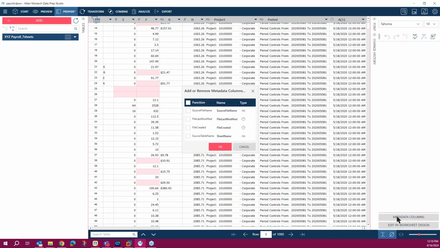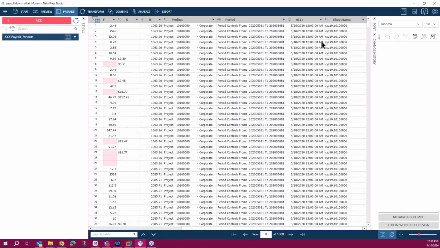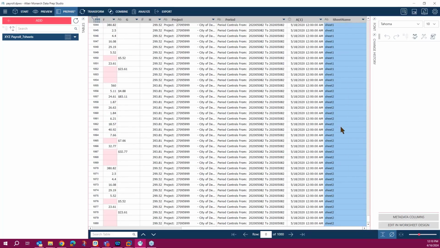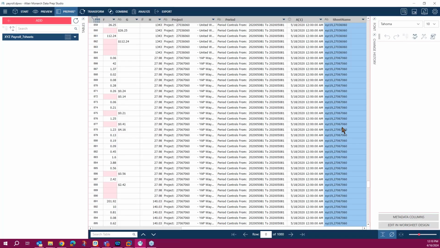You can also display the worksheet name as another field by using a metadata column. Click on the button and select the source table name, which basically shows the worksheet name. So this has all 9 sheets, because the layout is the same, and so it applies the trapping and pulls the data from the new file.